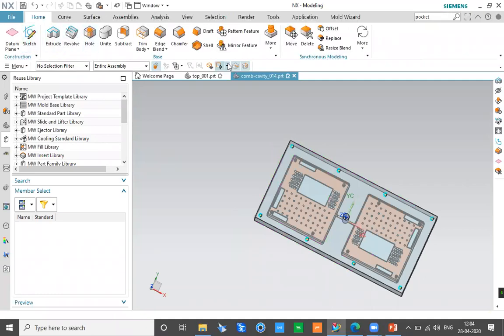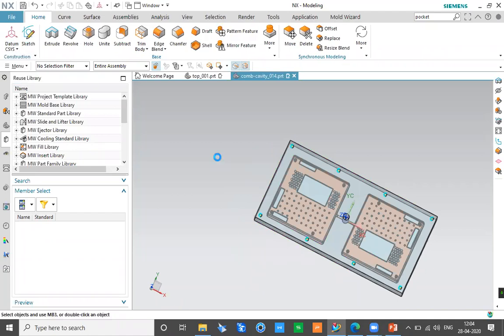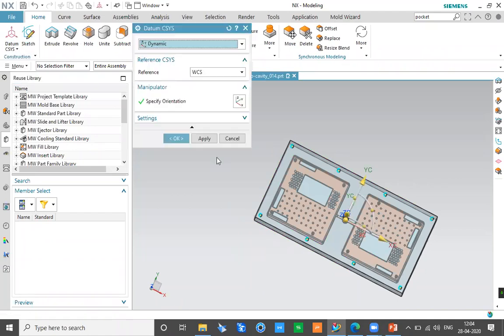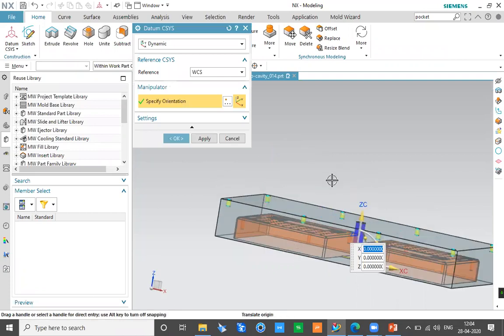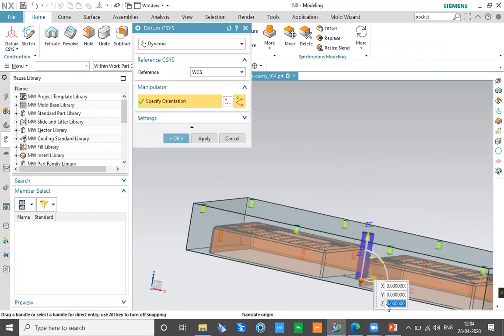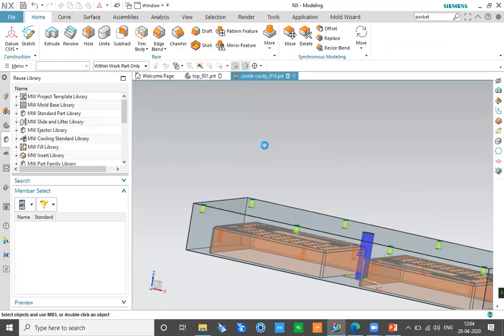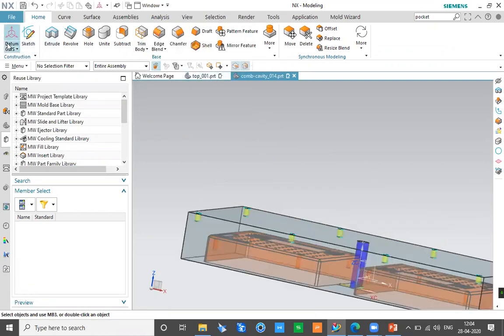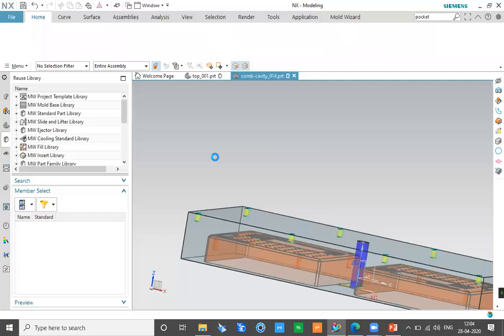After starting in the modeling environment, the first thing I want to do is create my datum coordinate system so that I have a set of planes and every other piece of information can be properly created. I want to create all the cooling system at a height of, let's say, 10 or 15. So I can decide at what height I want to create my cooling system, and I can click OK. Now I can start my new sketch for defining the cooling system.